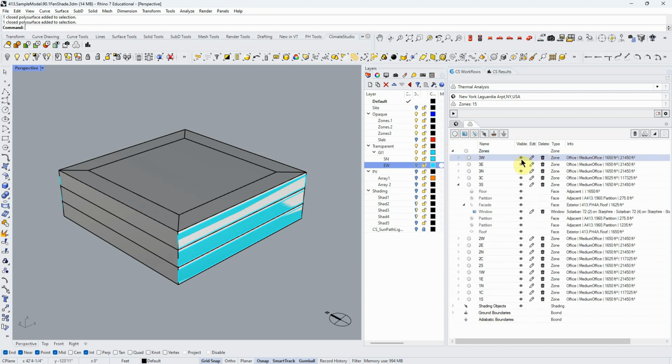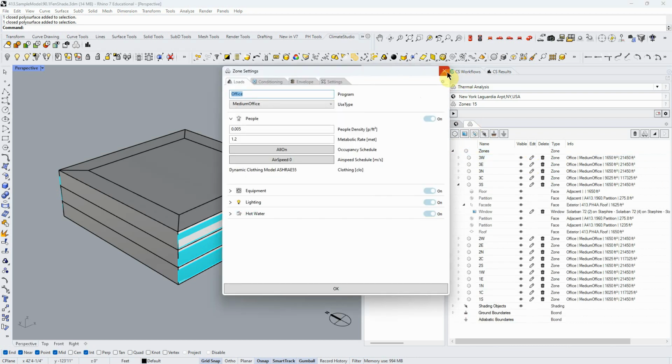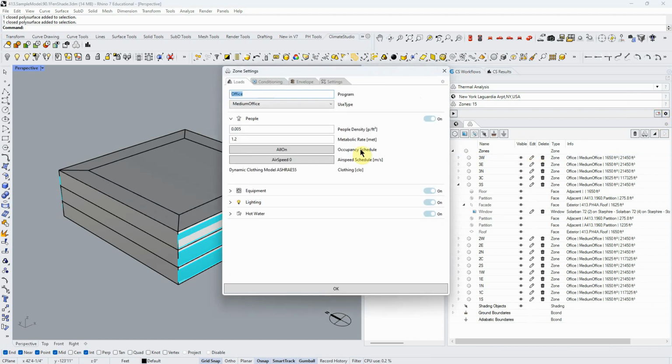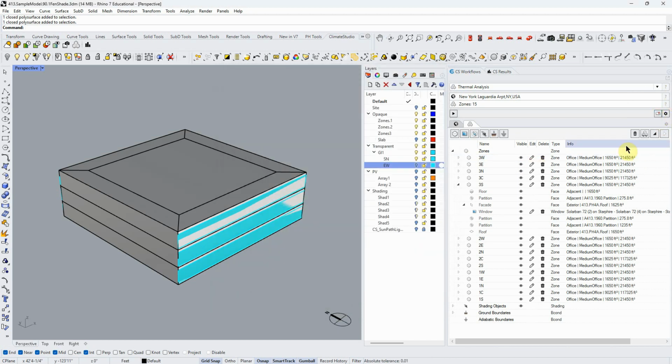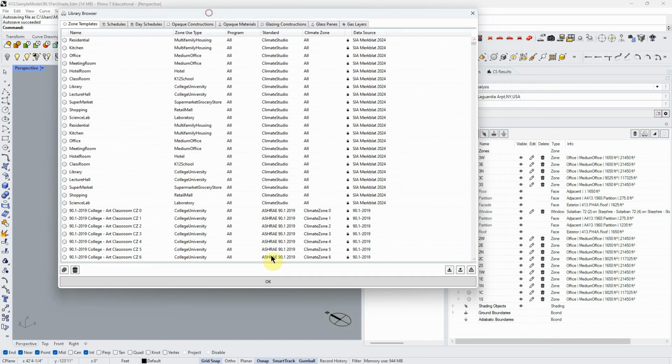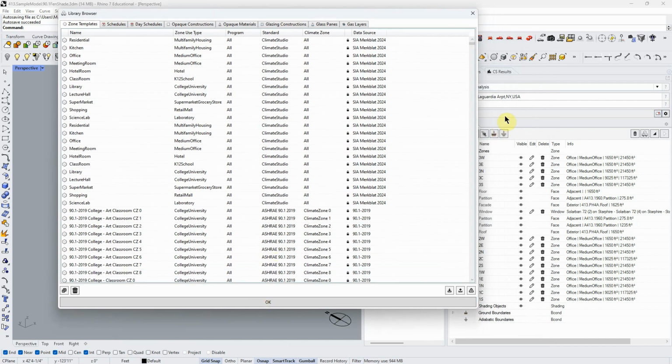And the way I'm going to do that is, oh, actually, I didn't show you this. This is where the library is right here. I can access it by coming into a zone, or I can go to the library here. So I'm going to open up the library and show you what I changed for these different